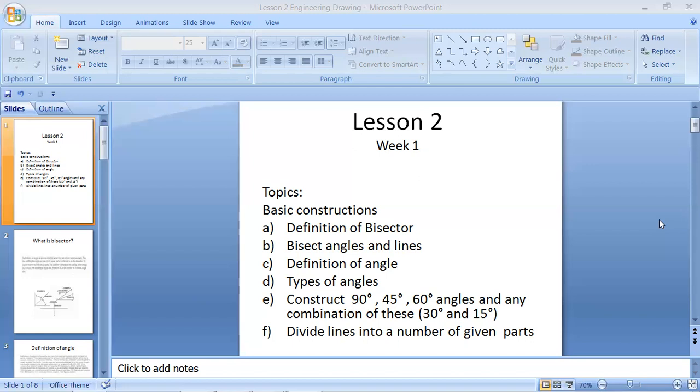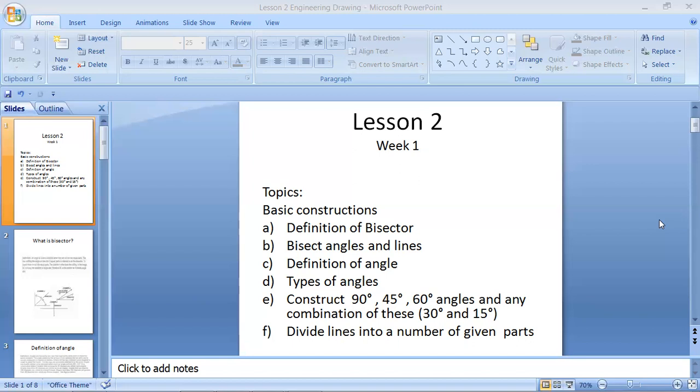We use no tools in this video presentation because the intention is just to help you find out where the tool should be placed at any particular time when you are completing the exercise for the particular week in technical drawing. All right. As we studied in the theory class,